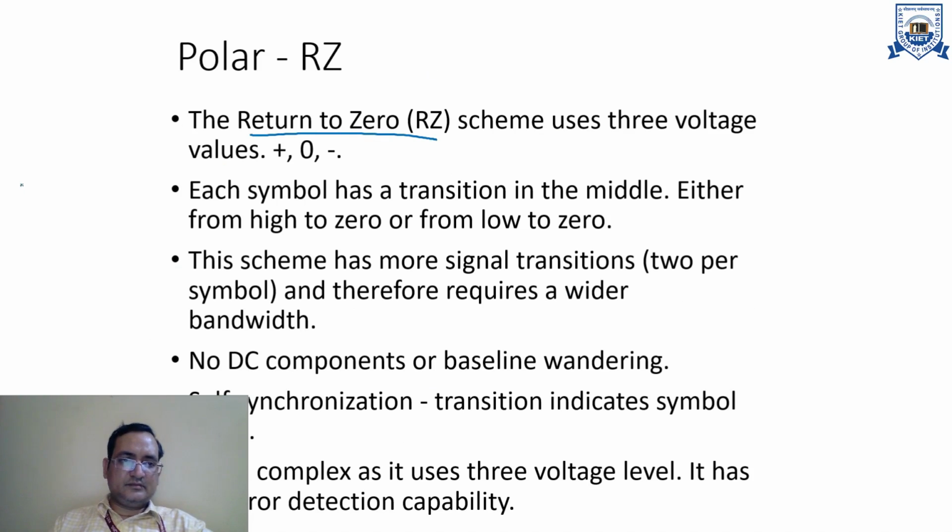In this scheme, for example, you are transmitting 1, 0 and 1. In that case, half the pulse width will be on the positive side and then 0. Again 0 will be represented by -1 and then 0, and again 1 will be transmitted by positive 1 for half a bit and then 0. So you can clearly see that